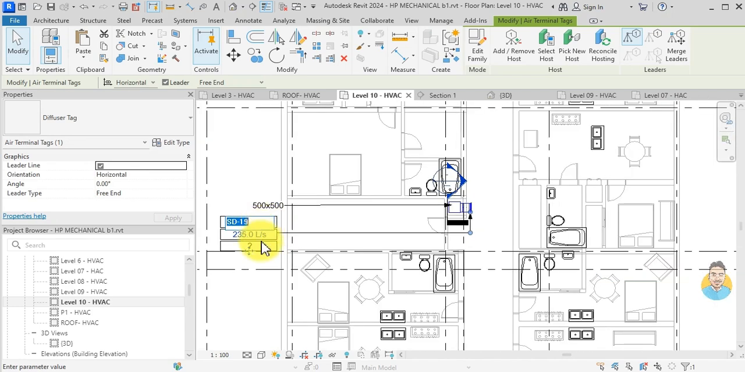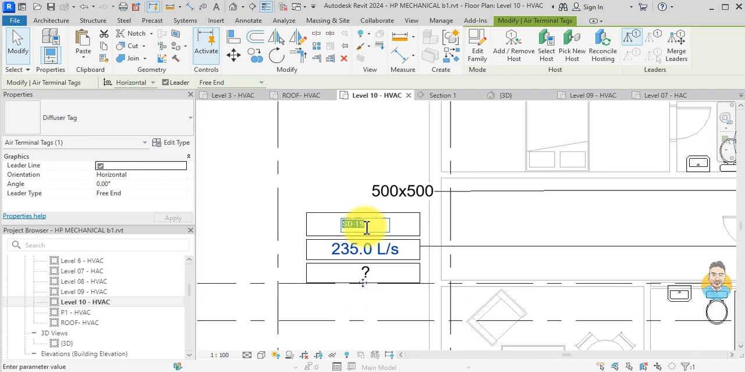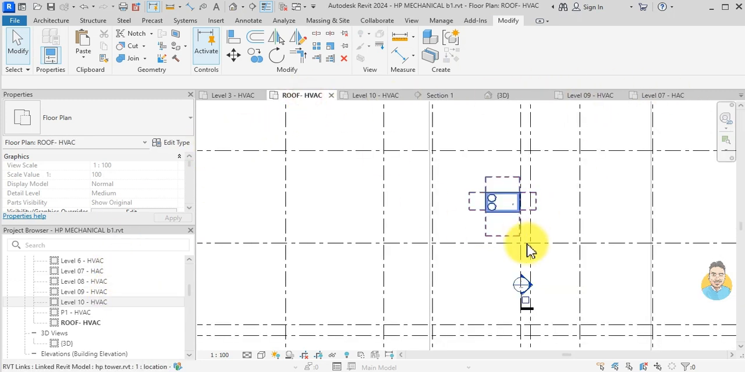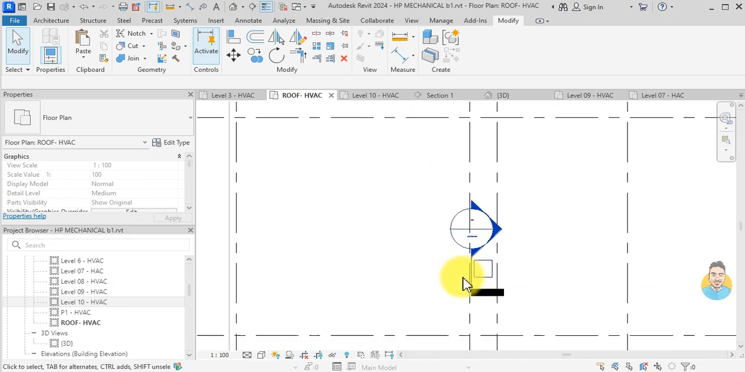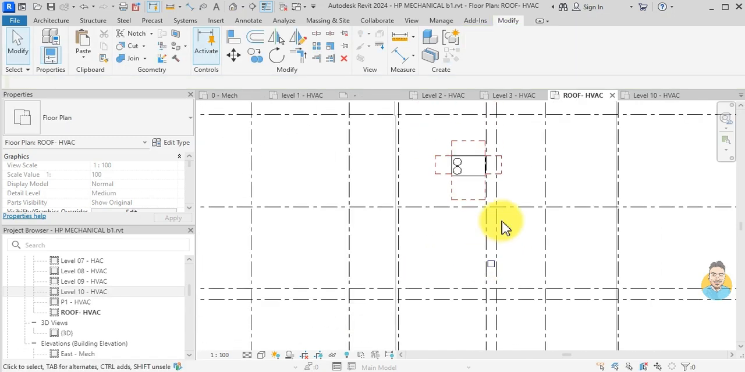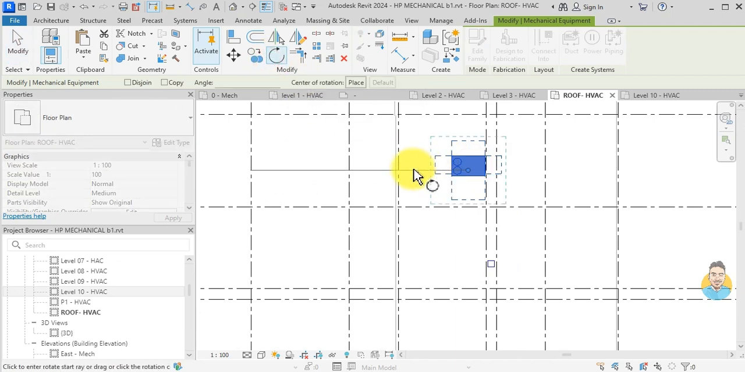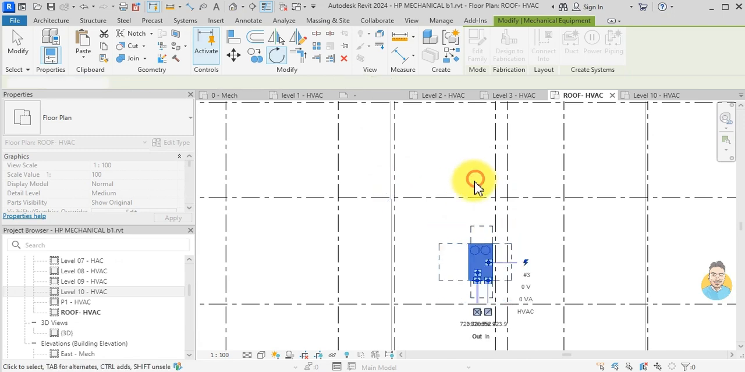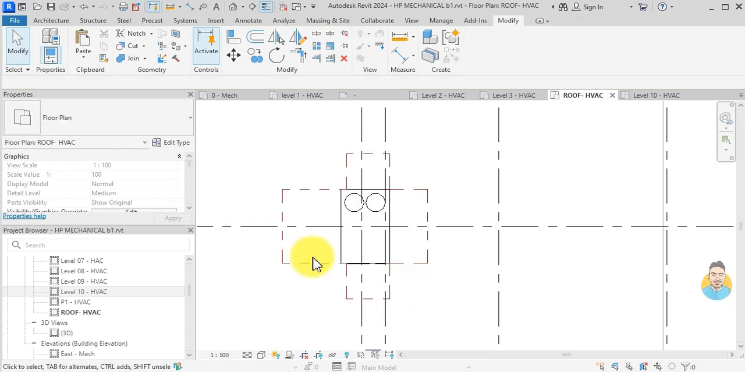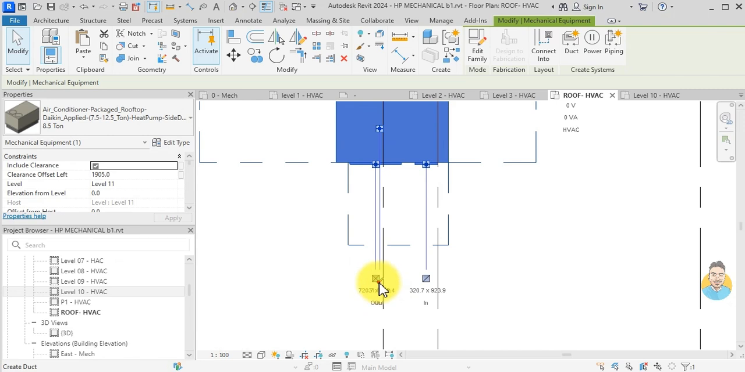This is not an SD, this is a sidewall grill, so let's give it SW for sidewall 1. And then I go to the roof, and then I adjust this rooftop unit, so I'm able to connect it to this. I just rotate it, and then I move it so I can connect the supply to